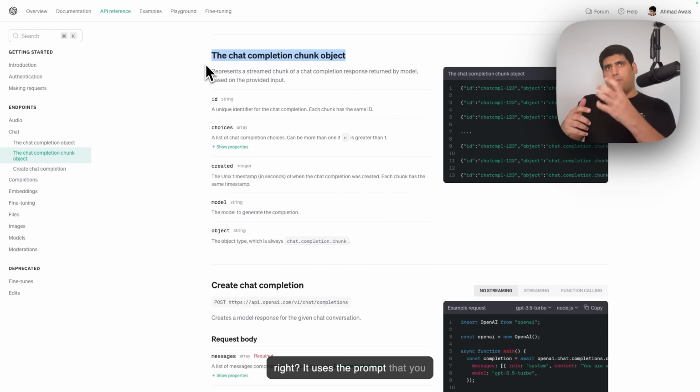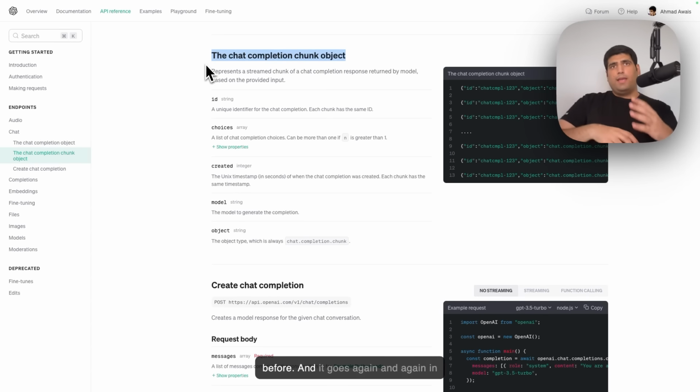It uses the prompt that you send it, the query, and it generates the next word, and then it uses your query and the next word and generates another word. And then it uses that word and the word that it generated before, and it goes again and again in this cycle of generating different words, right? And it's amazing how it is able to generate, most of the time, something really good, right?